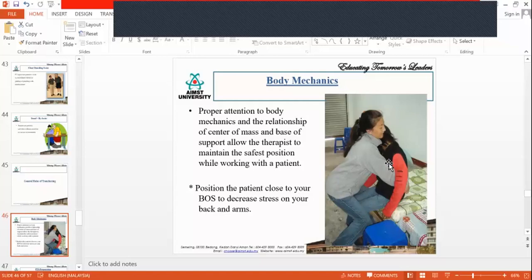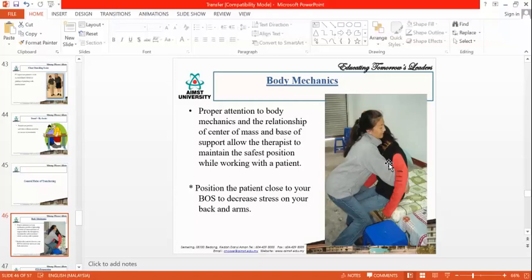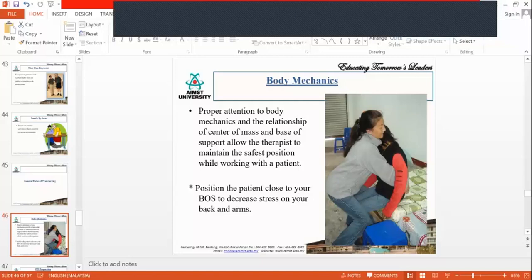Whenever we are lifting a child, we bend our trunk and lift the child. So the whole weight of the child will be in our hand, and that will be transmitted to the spine, and slowly we will get some spine problem. To avoid that, we need to bend our legs and then lift the patient. Once you hold the waist, if you extend your leg, automatically the hand also will come up. That means the patient also will be lifted up. This is very, very important, so make sure about this.